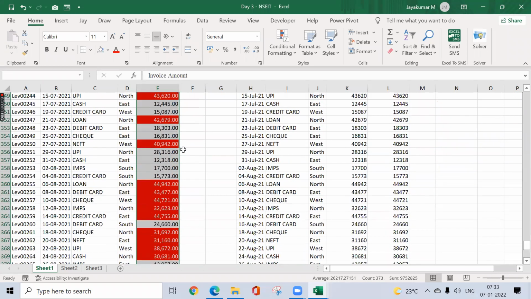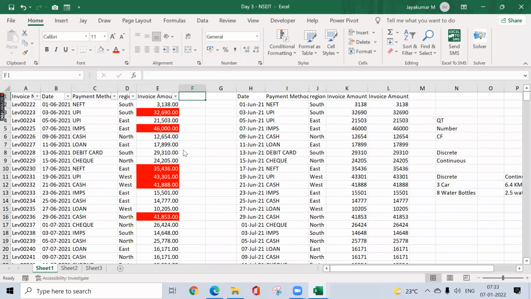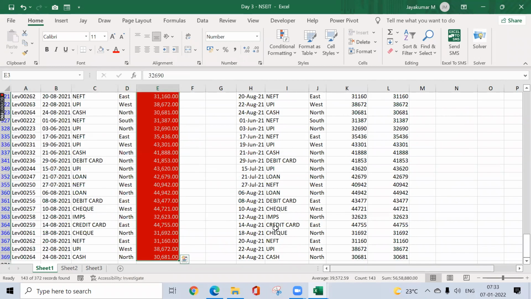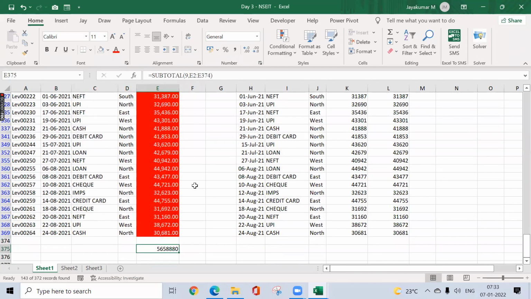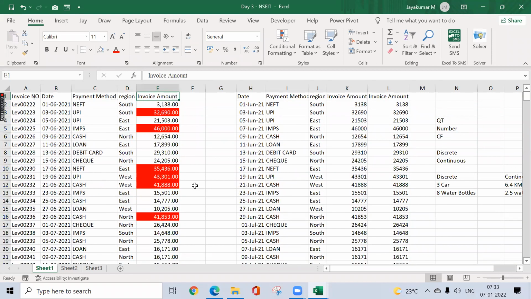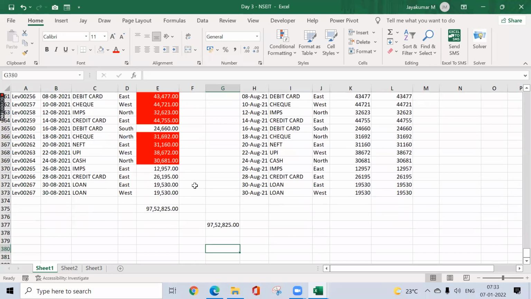Okay, for example, in this report, if I go for high level invoices, filtered by red color, almost 143 invoices for 56 lakhs here. Okay, so I'll just make a sum here. 56 lakh, 58,000. Okay, so now it is in subtotal. I'll just make this value 97,000. Sorry, 97 lakh. So 56 lakh, 58,000. This is the one